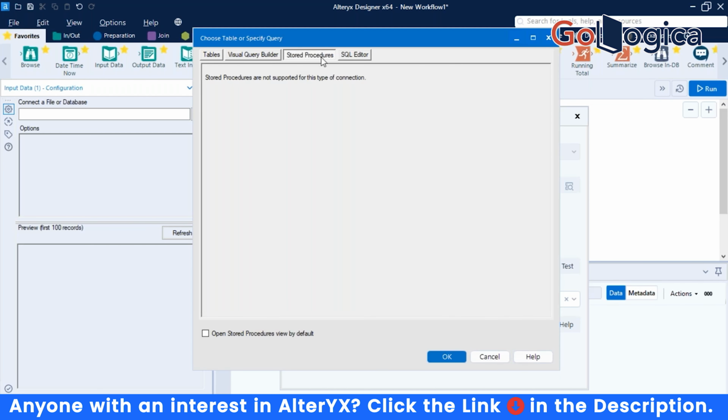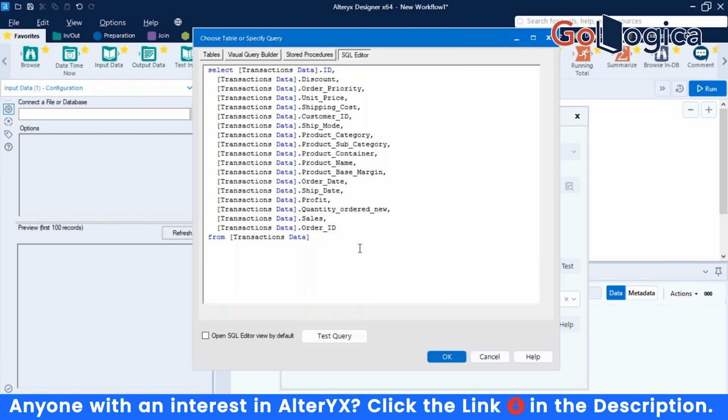So there are no stored procedures. With the SQL editor window, you can edit from here. If you want to add anything, or write any query, you can do that over here. You have an SQL editor feature, and you can test the query obviously. I don't want to write any query. I just pull the table. I can click on OK, and now if I run Control R,